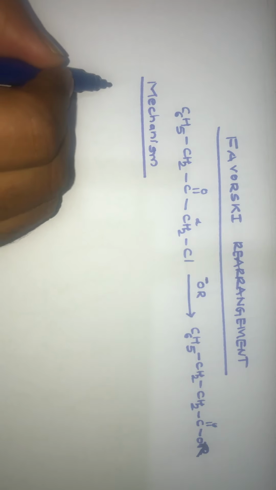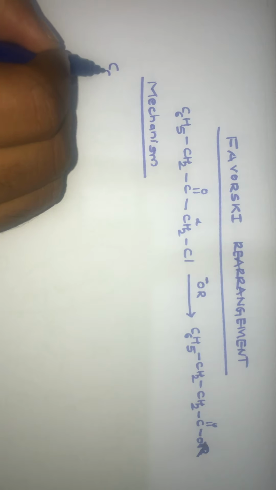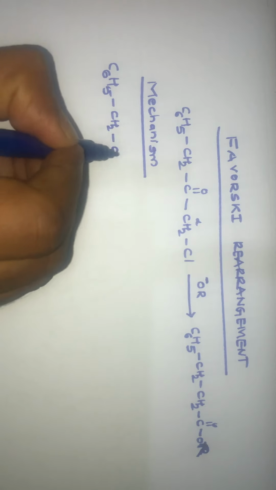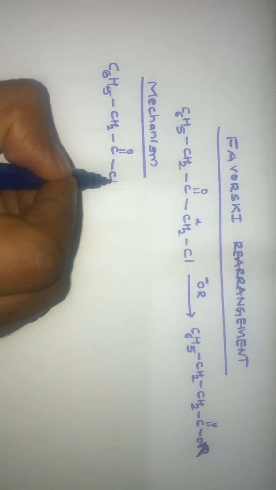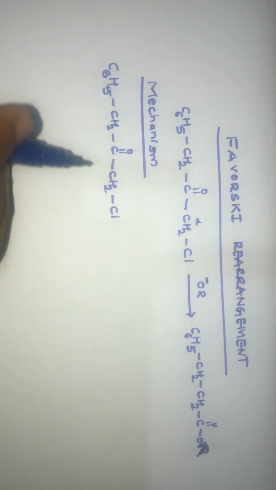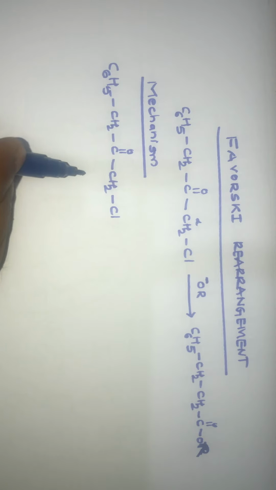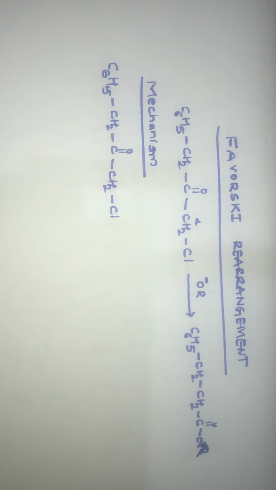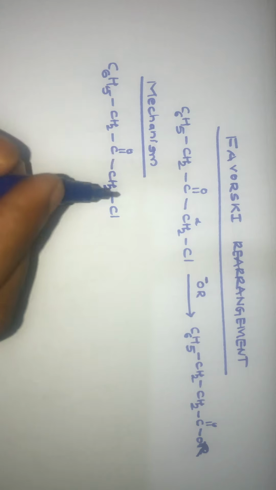Okay, you have this molecule C6H5 CH2 C double bond O CH2Cl. This is 1-chloro-3-phenyl propanone. Right. So what happens is,